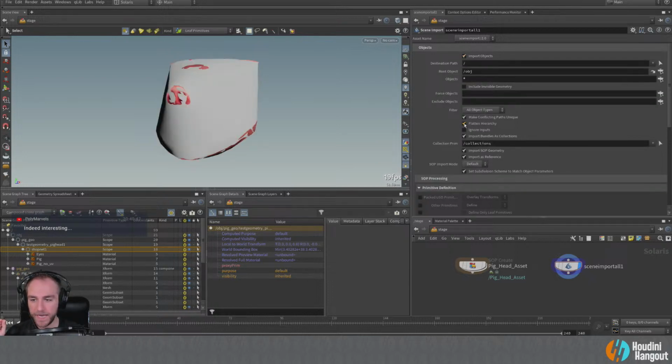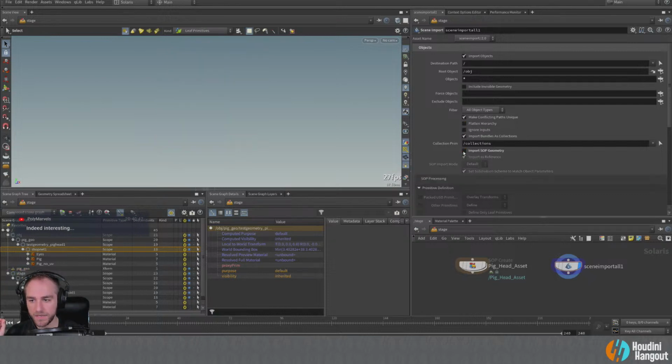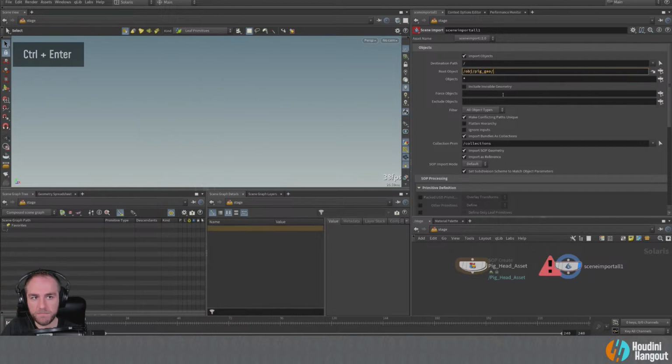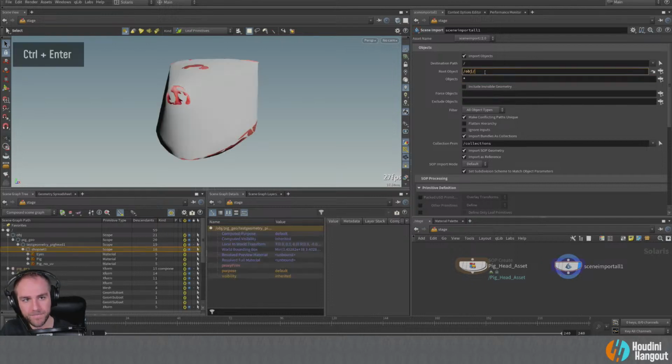Yep. So I could probably flatten the hierarchy. Just trying to see if there's any of these switches here that are going to help me there. So what I might be able to do is say object/piggeo could be my root. No, okay. So yeah, it's not going to, you have to have that slash after it there.